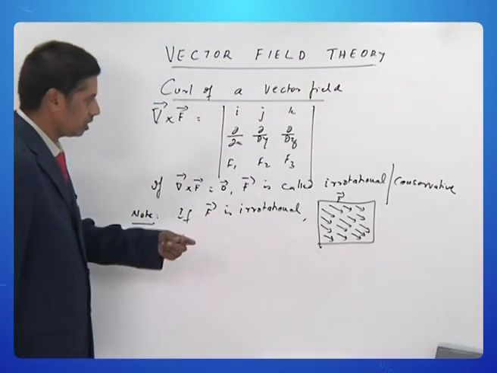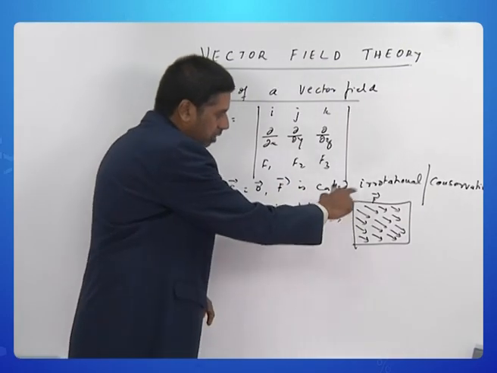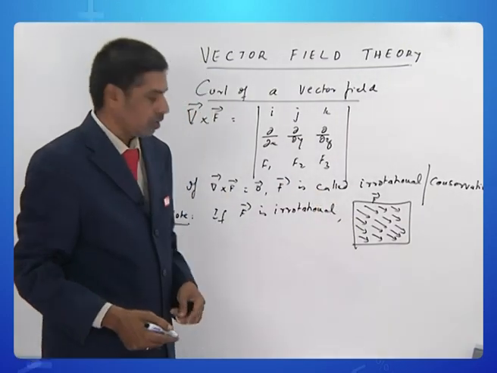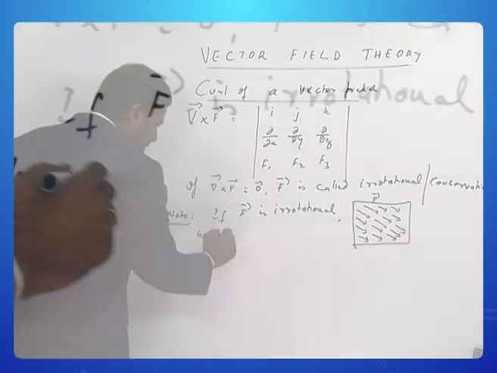There is no spin effect. Whereas in the rotational case, you will find the vectors are curling around a point. Okay? So when f is irrotational, we can find